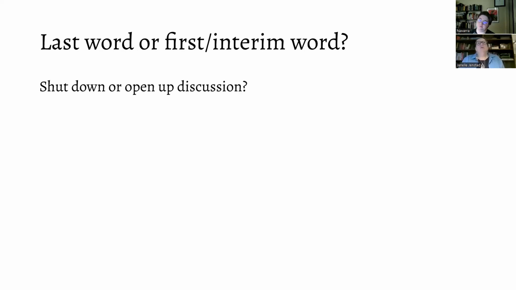Another question that I think we need to ask is whether or not our job as editors is to have the last word on a subject and shut down discussion, or whether it's our job to have what might be the first word on a passage if we're the first editor in a very long time, or if we're entering an editorial tradition, maybe what we're having is the interim word in a discussion. So are there ways in our annotations that we can open up discussion